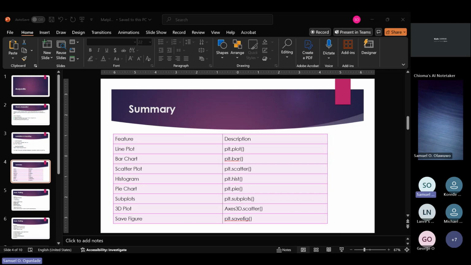Generally, what you are looking at on your screen currently is just more like the summary of your pyplot. However, some other little code still falls in between them. All right. So let's move on to the